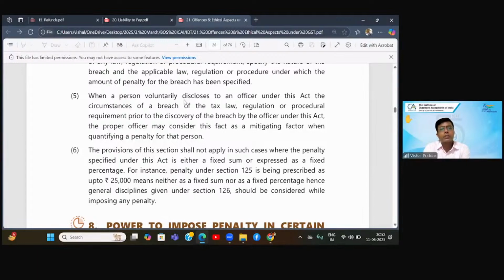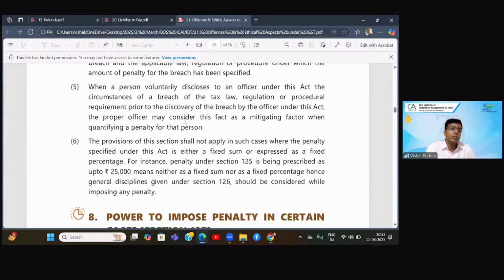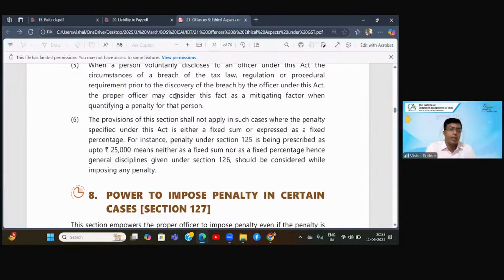Next, where a person voluntarily disclosed to an officer under this act the circumstances of breach of tax law or regulation or procedural requirement prior to the discovery of the breach by the officer, the proper officer may consider this fact as a mitigating factor. So let us say I committed a mistake, but I myself come to you voluntarily. Voluntarily means on my own account. And before you identified it, so you did not even know that I have made a mistake, but I honestly come to you. I myself disclose, sir, see, this happened by mistake from me. In such cases, they are saying that you should consider this at the time of quantifying,